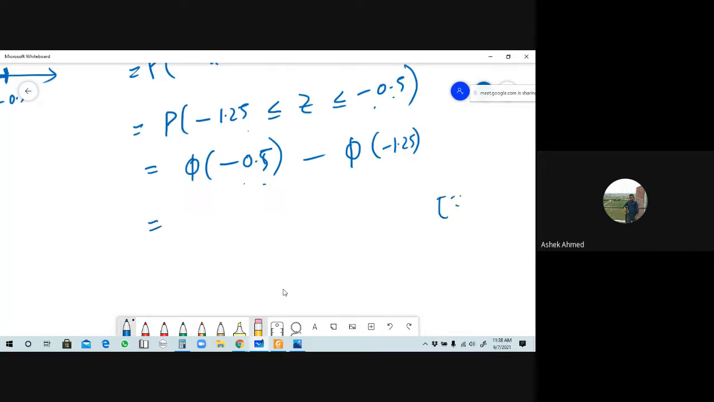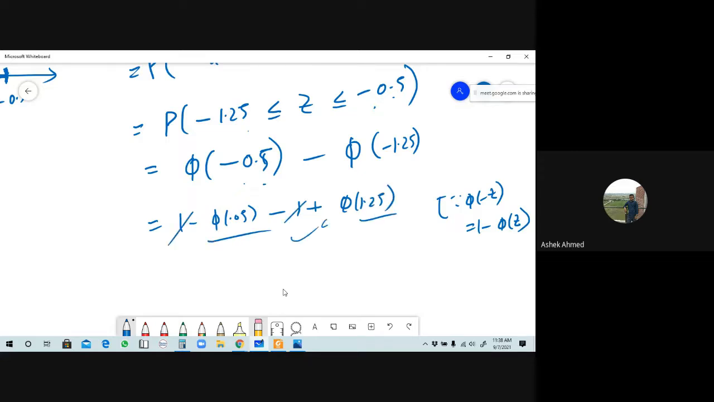So we can write, we know that phi of minus z was 1 minus phi of z, is it right? So that will be 1 minus phi of 0.5 minus 1 plus phi of 1.25. Now from the table you take these constants and cancel, and you will get your desired result. Now our question is, if ever